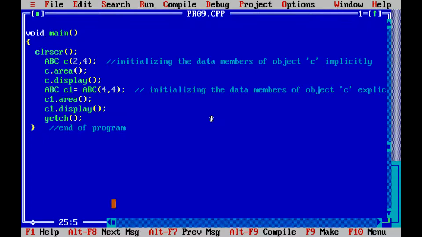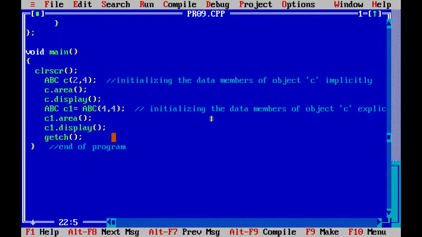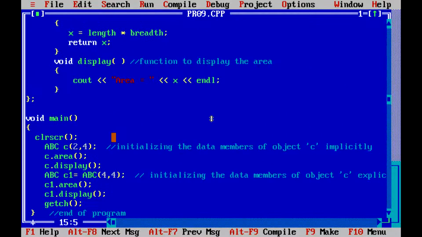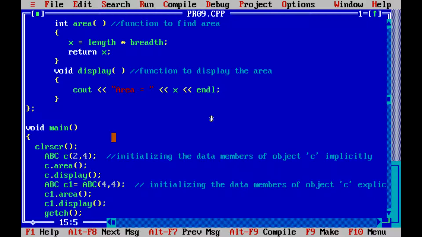So first area is equal to 8 and second area is equal to 16. Why? Because the first area is 2 into 4 and the second area is 4 into 4. When you call this constructor, the parameter is also important. The first time we pass 2 and 4 and the second time we pass 4 and 4. Both declarations are valid. The first declaration is called implicit and the second declaration is called explicit.